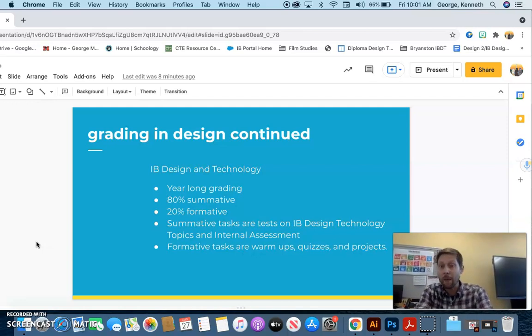So the IB design looks a lot at the design cycle and how design would be applied to humanity. So we look at that. There is an IB exam at the end of whatever your exam year, so the end of the second year of HL, the end of the first year of SL. So we take some tests and quizzes in IB design to prepare for that exam, and then students do some projects to continue building their skills, and then they'll also work on what's called an internal assessment. That is a year or 2 year long project that they would submit to IB